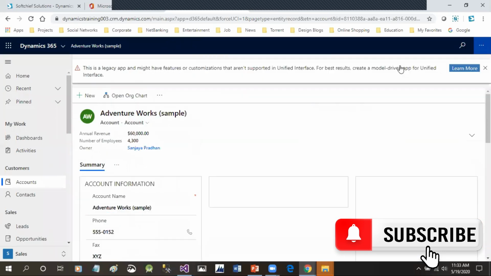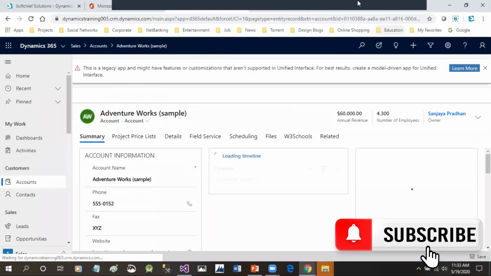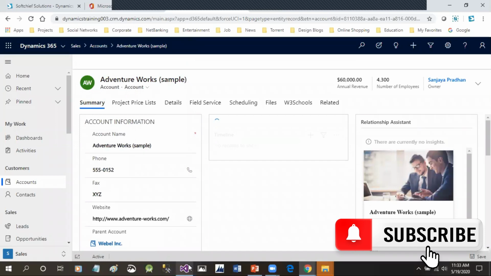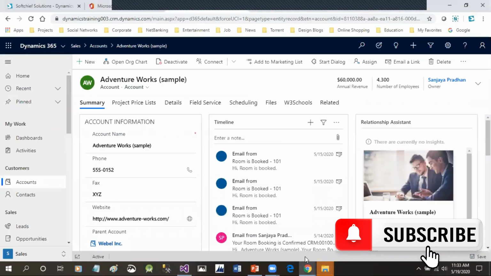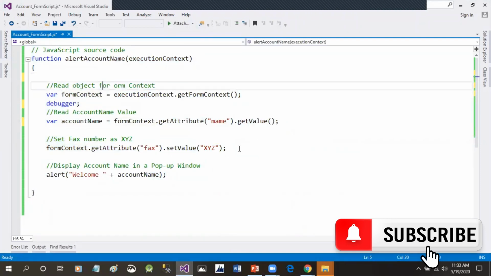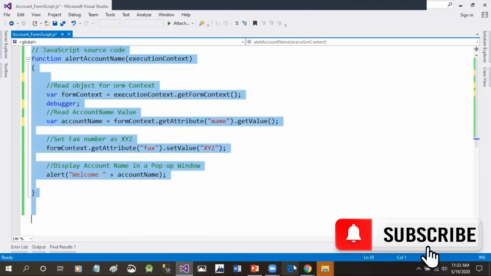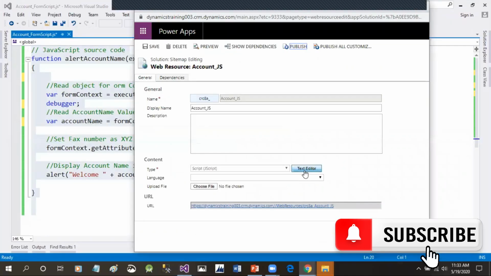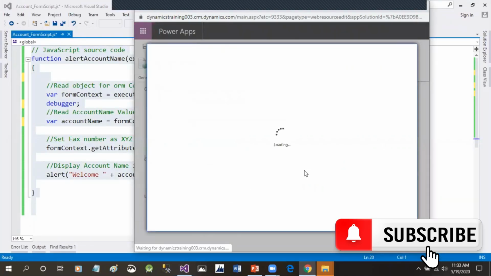For now, I'll click close and update the script again. This is how we can update and debug the script by writing a debugger statement here. Let me upload this again and I can debug. Debugging a script is a time-consuming process, so it will take some time.